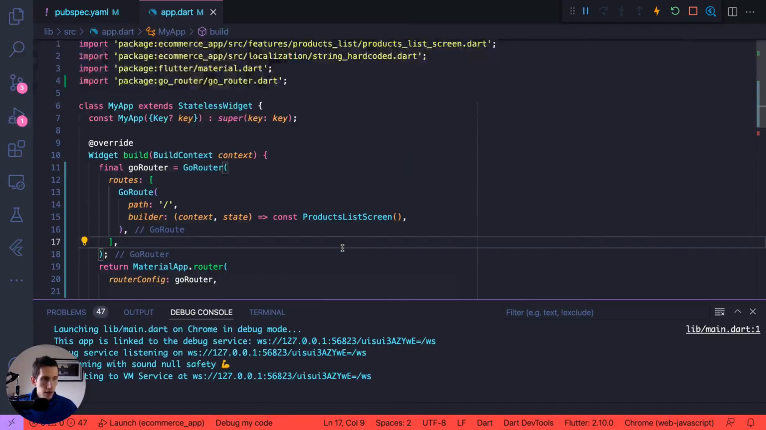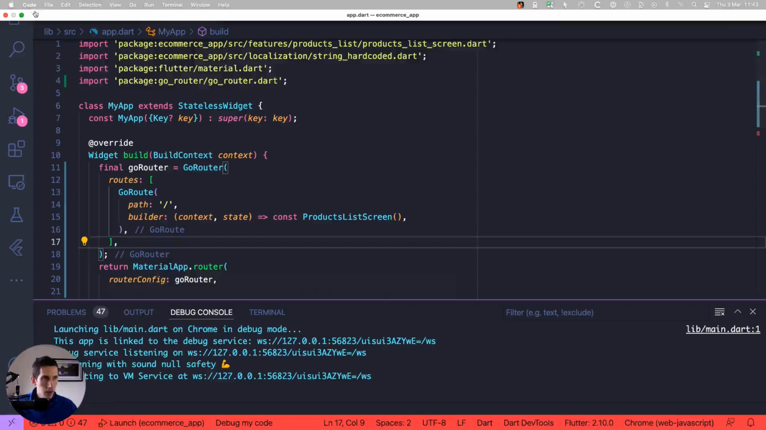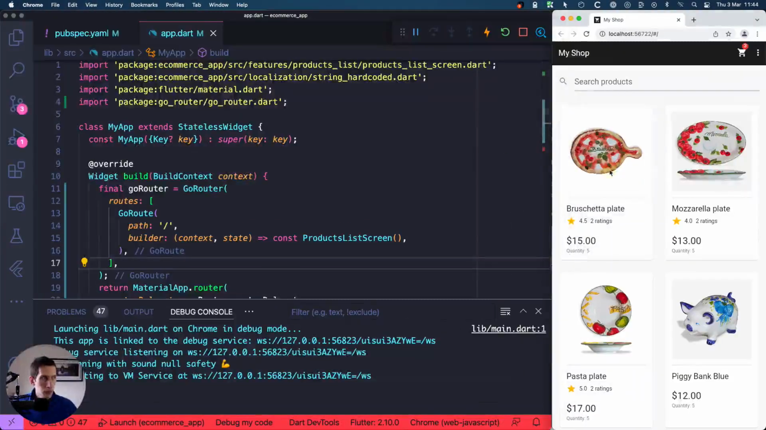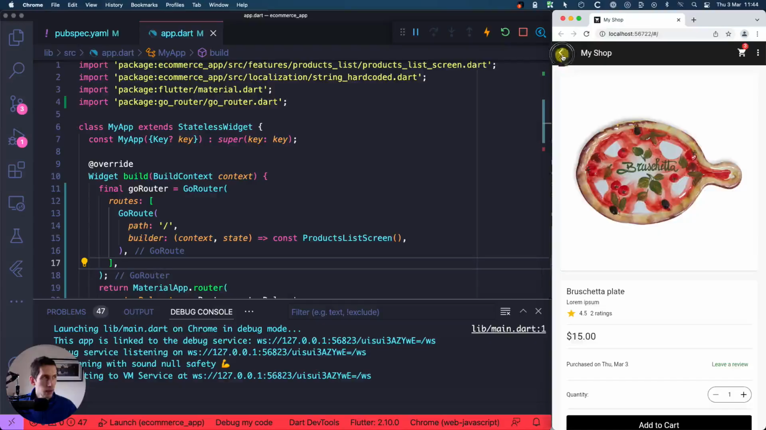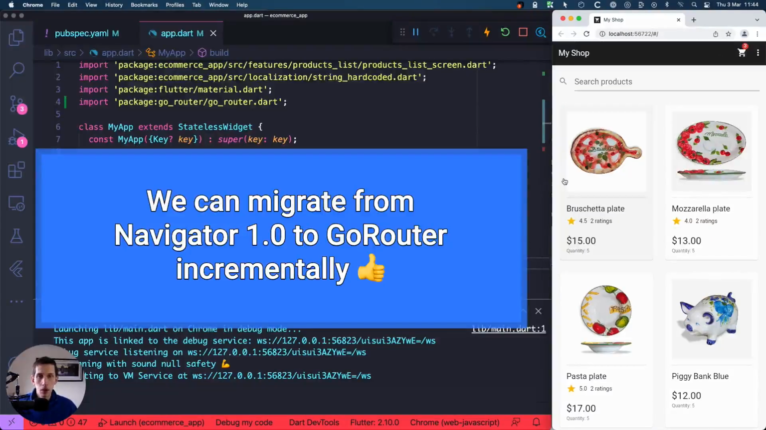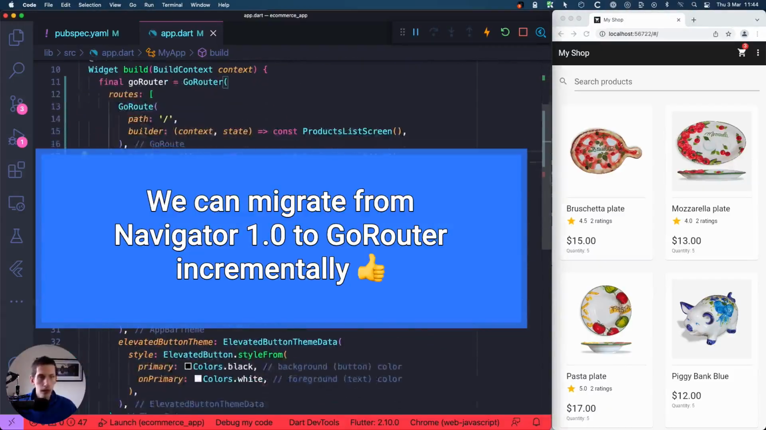This may take a little while, and once the build is complete, we should see the app running on Google Chrome over here. And as we can see, we can still navigate to any of the remaining pages. And this is possible because we can move from Navigator 1.0 to GoRouter incrementally, one route at a time. And this is great, especially if you have a complex app and you don't want to migrate all the routing